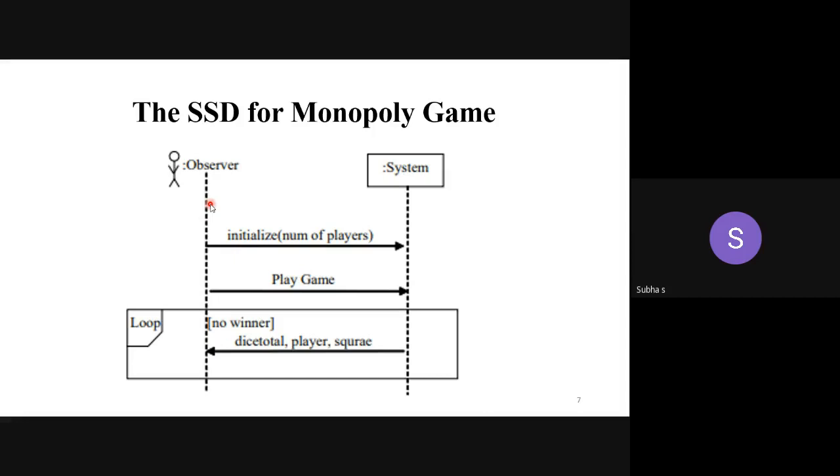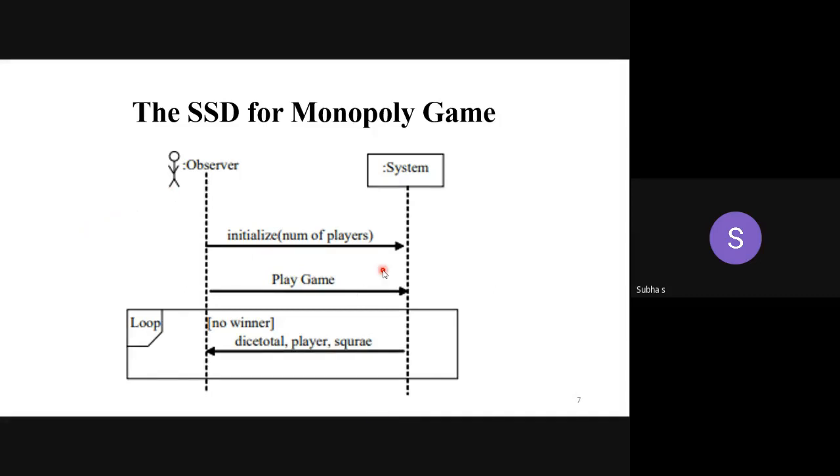A normal sequence diagram can be what? It can be an interaction between many objects. You can have different objects: faculty as one object, student as another object, the third one admin as an object, HOD as an object. Like that, you can have different objects. Any object can communicate with any other object. So that is a normal sequence diagram. In the system sequence diagram, operations occur between the system and the corresponding or related person.